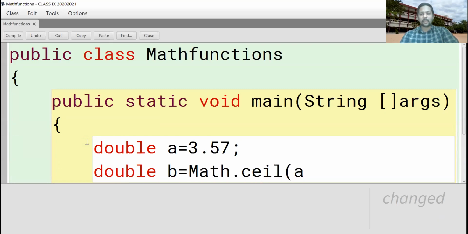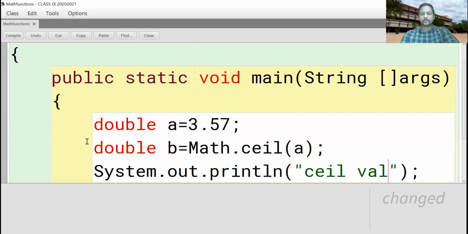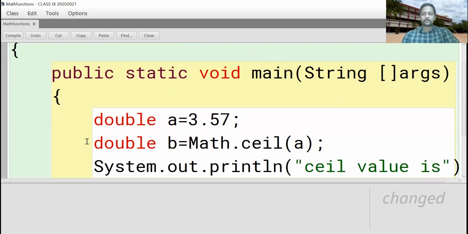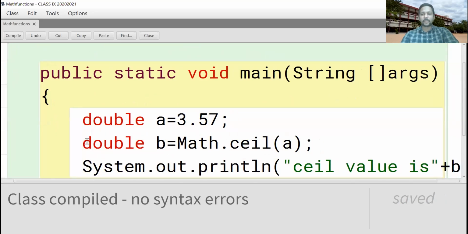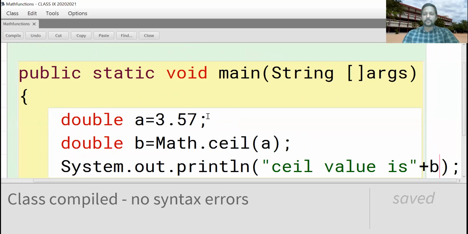Math.ceil of A. System.out.println, "Ceil value is" plus B. Compile. No syntax errors. So it returns the double data type. 3.57 means greater than or equal to the argument. That means for 3.57, your output is 4.0. For a positive value you will get this.